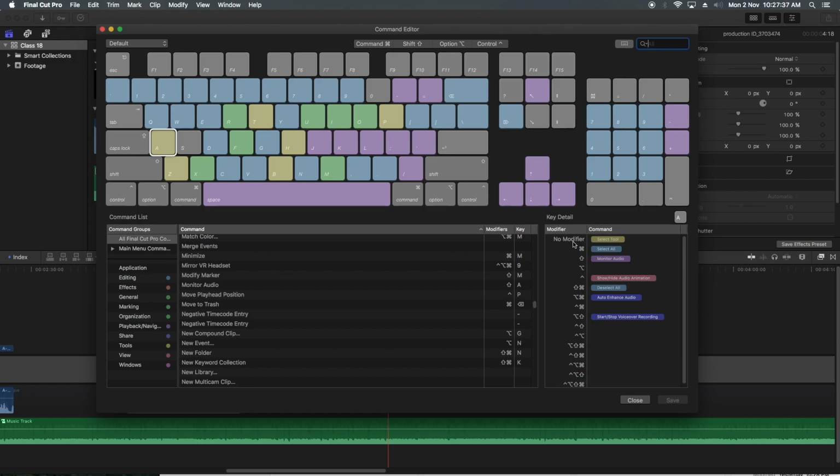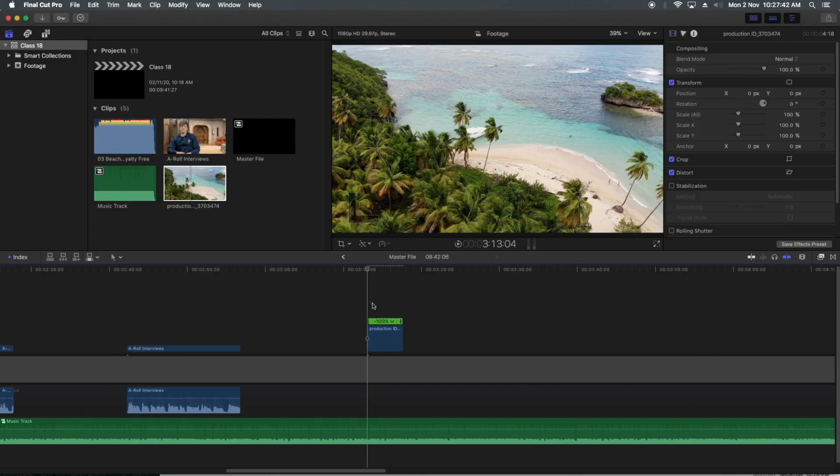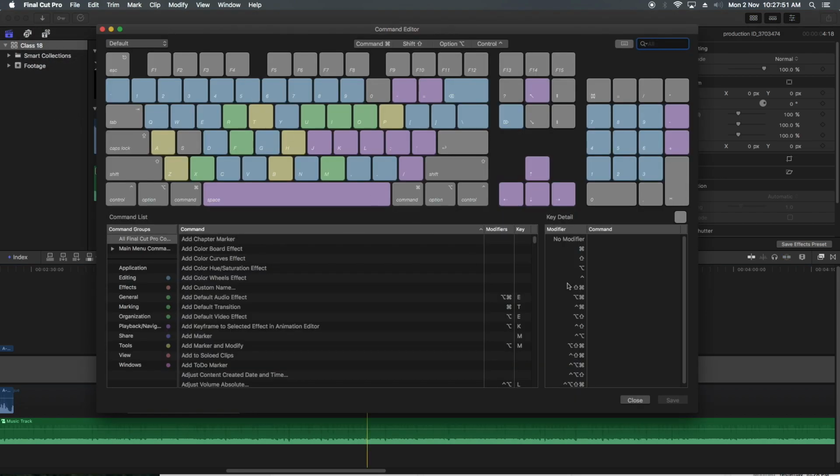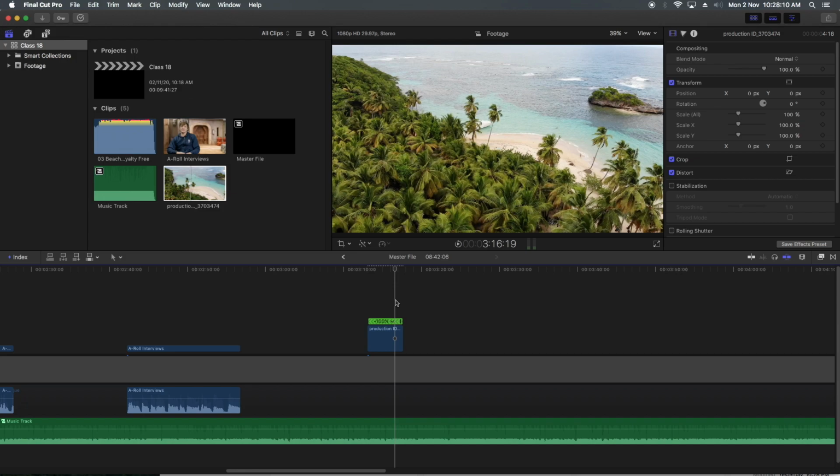No modifier means if I click just the letter A, it's actually a selection command. With no modifier, it's showing me the Selection tool, with Command A, it's showing me Select All, and Shift A, it's Monitor Audio. Let's close it.